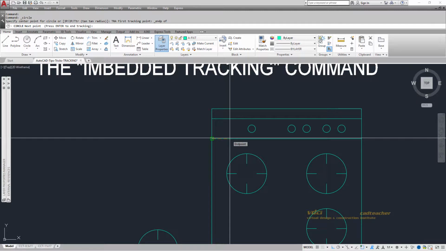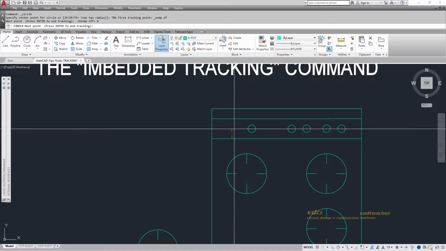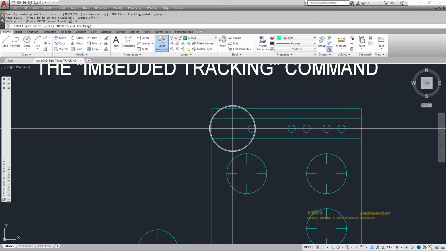I'm going over and I'm dragging my hand to the right 4 inches. I type 4 and then enter. I want to go up, so I drag my hand up 2 inches, and this point right here is where I want the center of the circle to be. So if I look at the command prompt, it says press enter to end tracking, so I will press enter